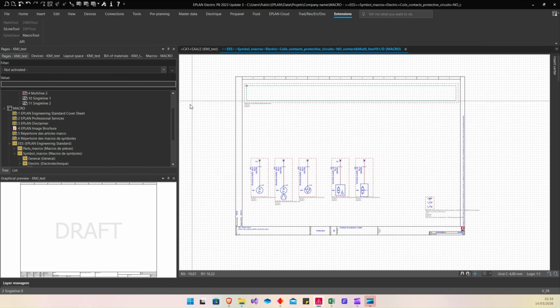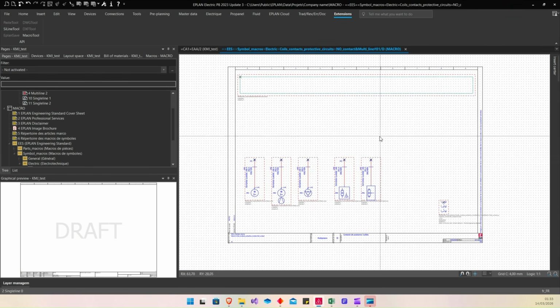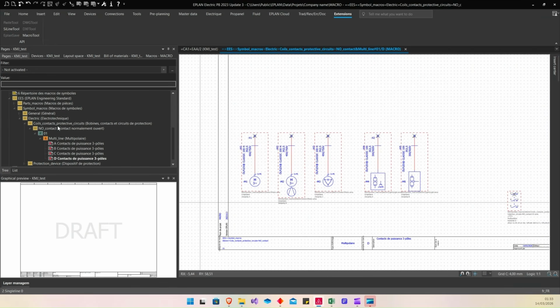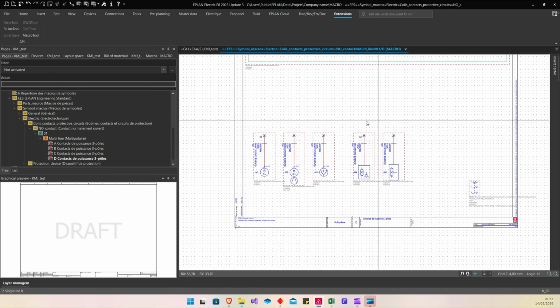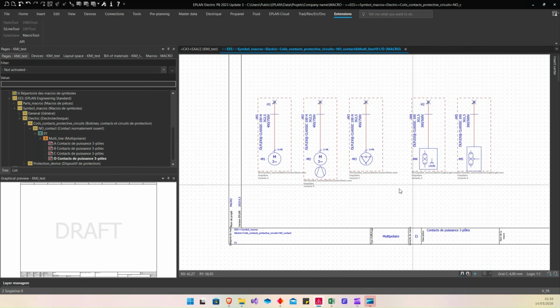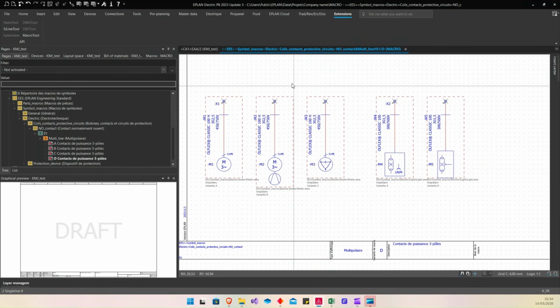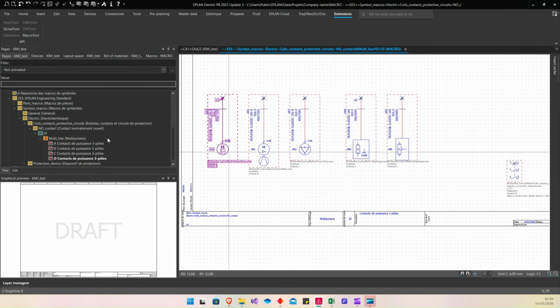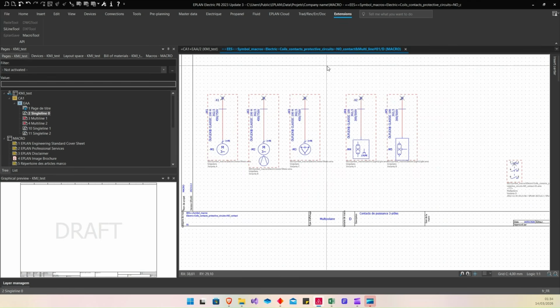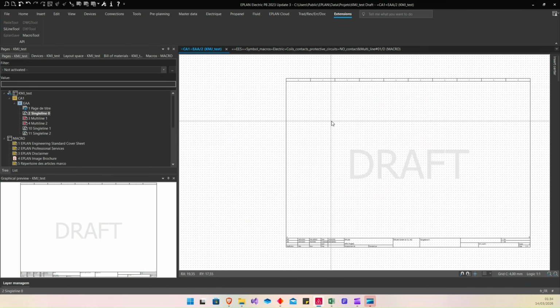In this example, I use this macro just to show you. I also have a macro project where I configure all the macros I need. This is the macro that I will use in this example, so I configured it quickly to show you. Then after configuring your macro, you can go to your current project.